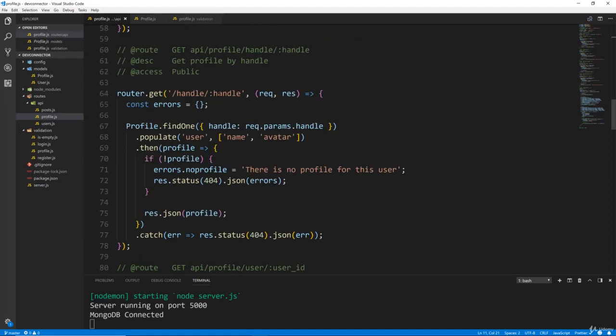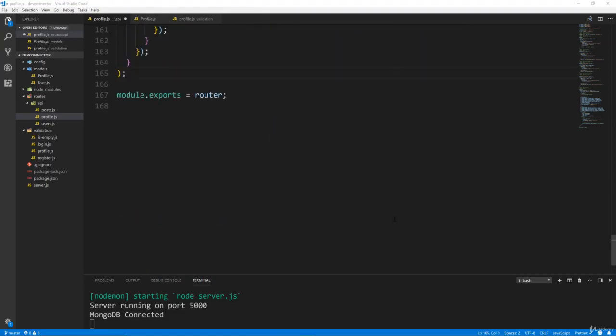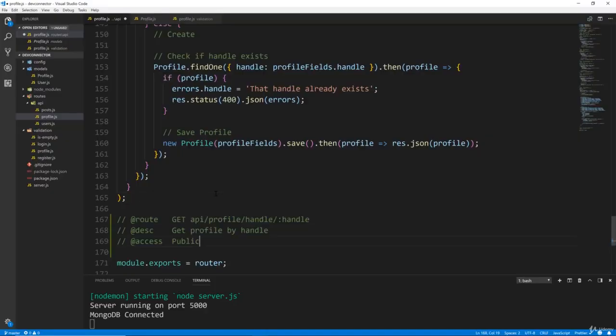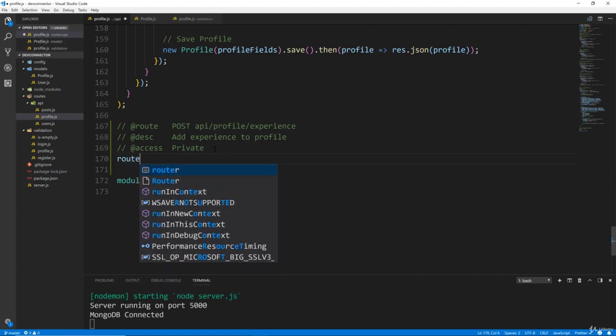Let's copy one of these headers and let's go down to the bottom and paste in a header here. So this route is going to be a post request. This is going to be to add an experience. So it's going to be profile, API profile slash experience, post request. And we'll change this to add experience to profile. And this is going to be a private route because we need the actual user that is submitting the form. So let's do router dot post